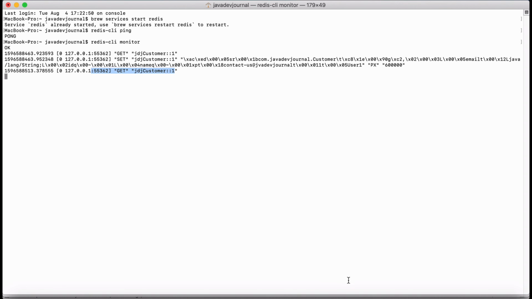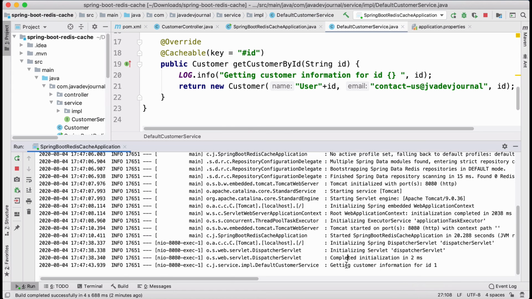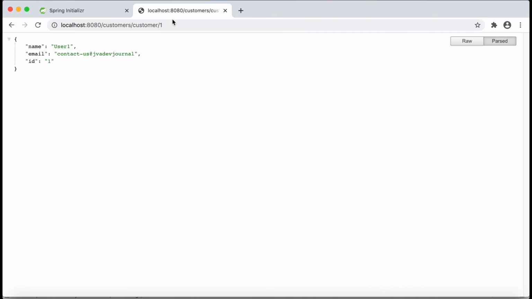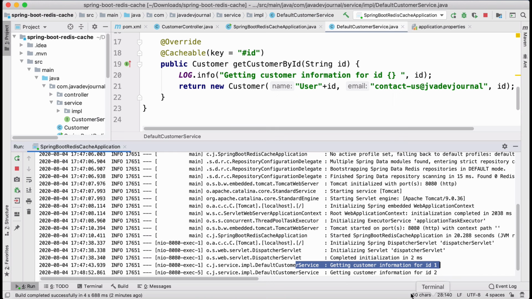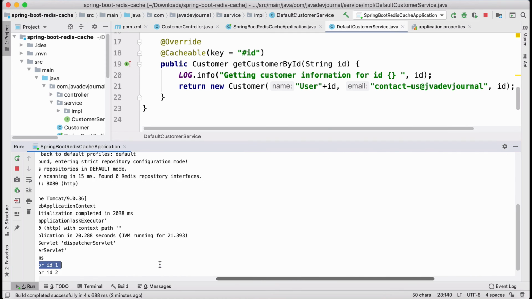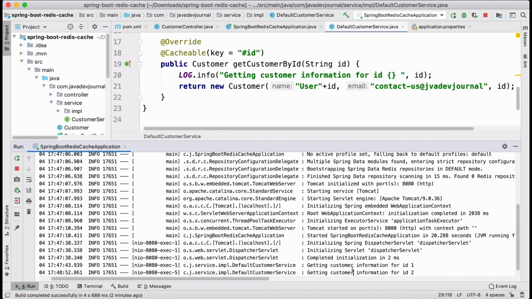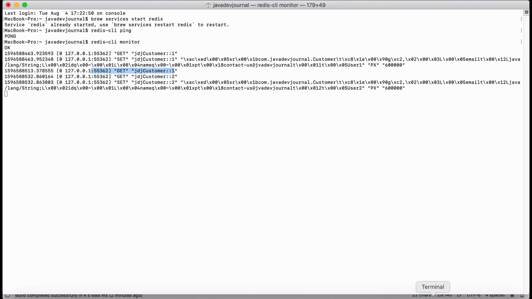You see, it only has a get, because this time there was information in the cache, so it served that. And if you look into the method, there is no call on that one. Let's try it for 2. Again, there is a call.